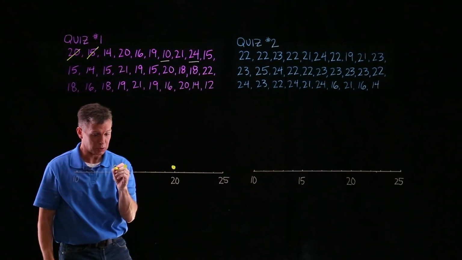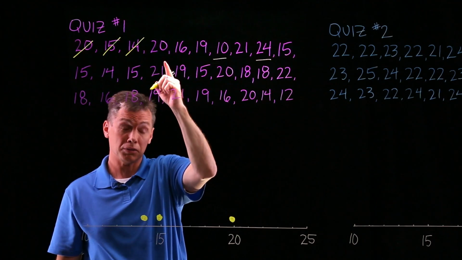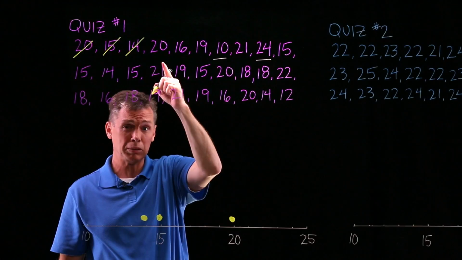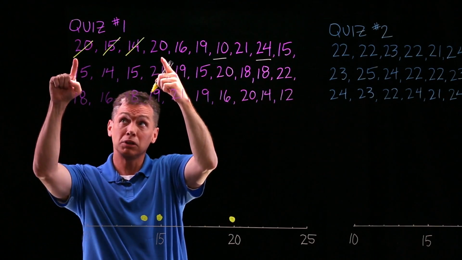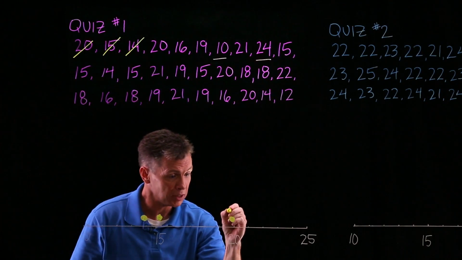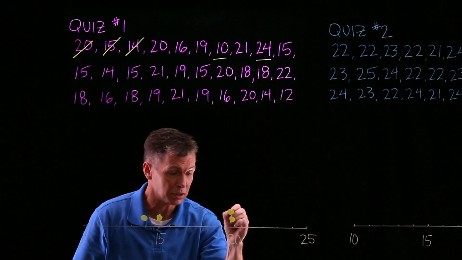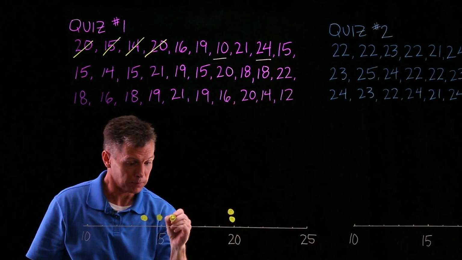15 and then 14. And now here, see, this is the first occurrence where we're seeing the same data value occur a second time. That 20, we've already drawn a 20, but this is a different 20. So you just stack the dots on top of each other, okay? And then continue. 16,